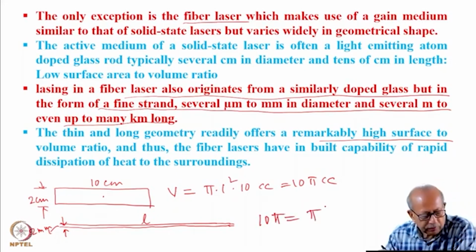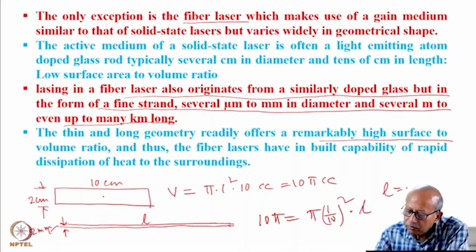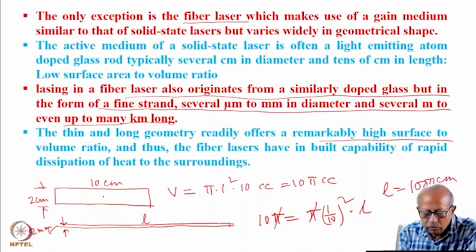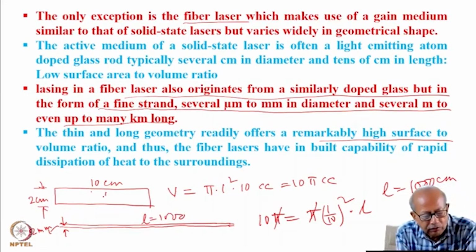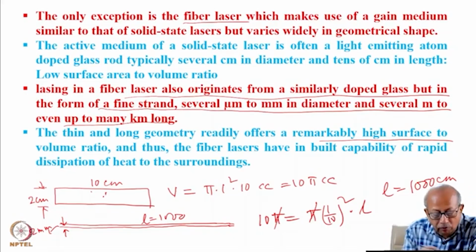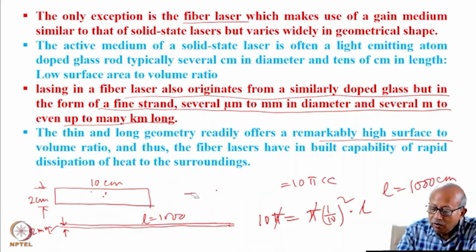So its volume also would be 10 pi cc. Its diameter is 2 mm, so its radius is 1 mm. Therefore pi into (1/10) square into its L, that we will have to determine. So L becomes, pi is cancelled, so 100 into 10, 1000 centimeter. So its length becomes 1000 centimeter to give the same volume as that of this laser rod, which is 2 centimeter of diameter and 10 centimeter of length. Now let us see